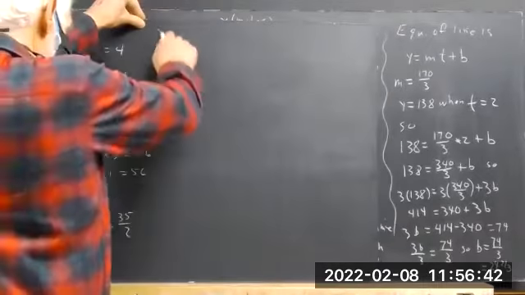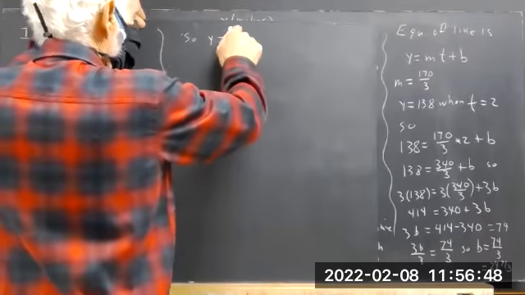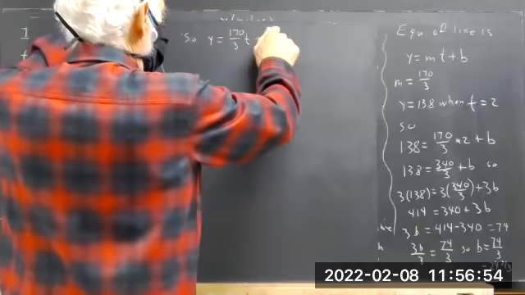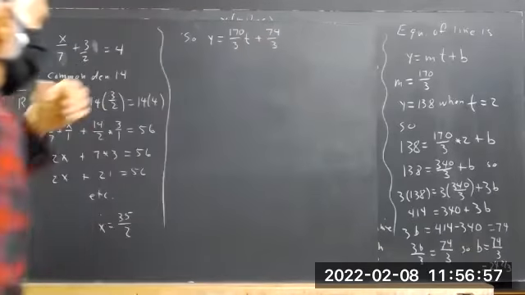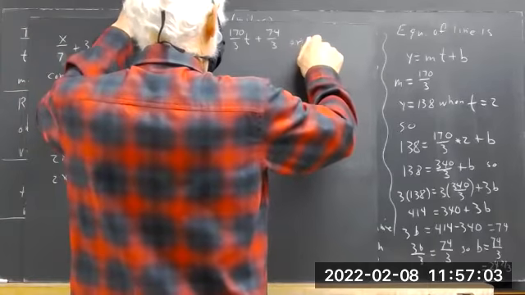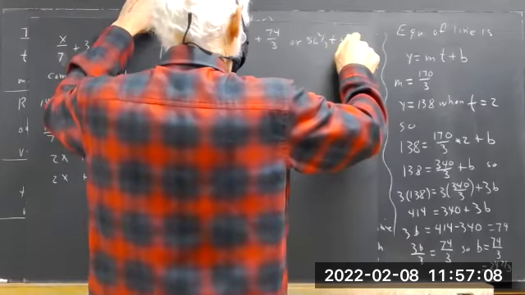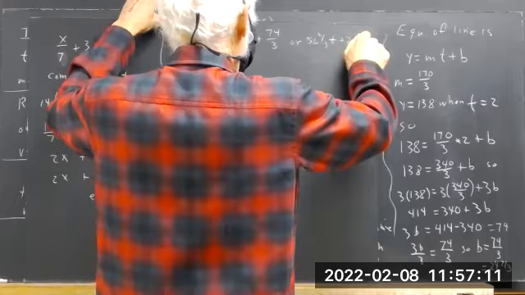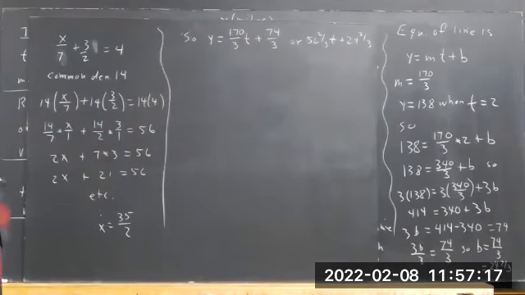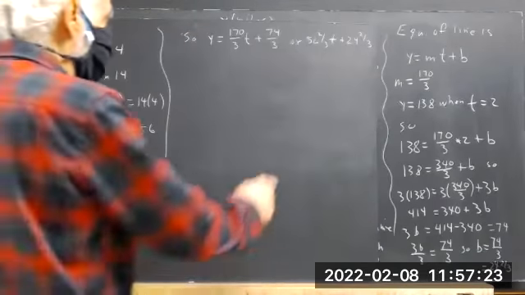Okay, so. y equals 170 thirds t plus 74 thirds. Or, assuming I did my arithmetic right, 56 and 2/3 t plus 24 and 2/3, meaning